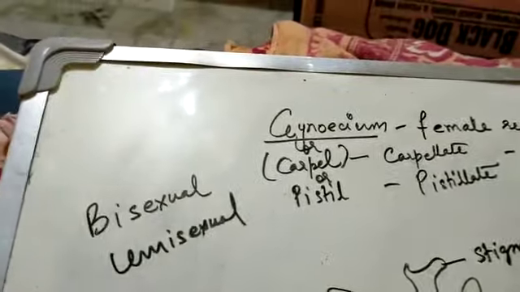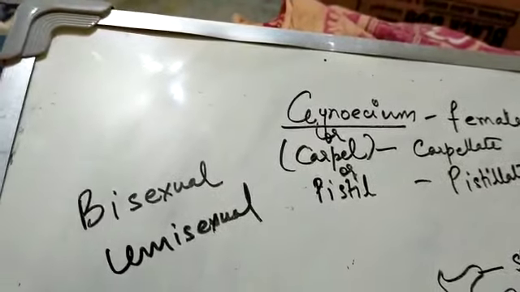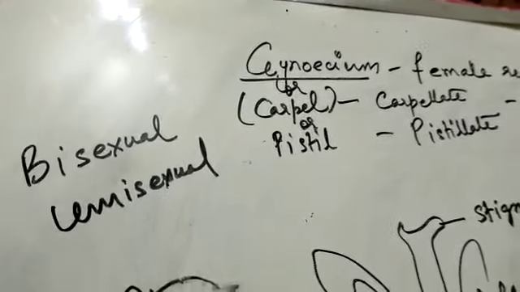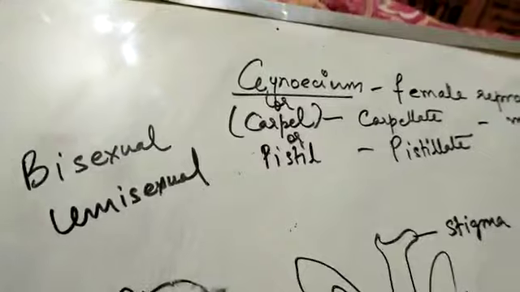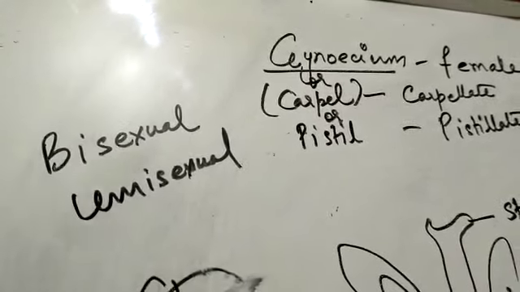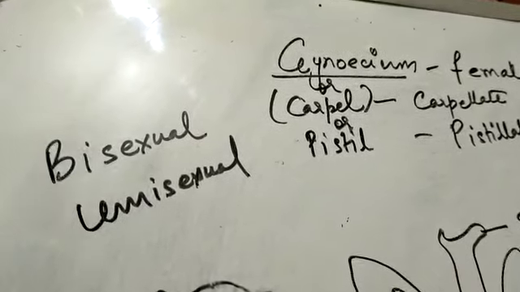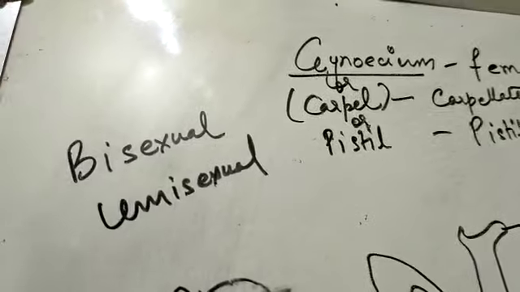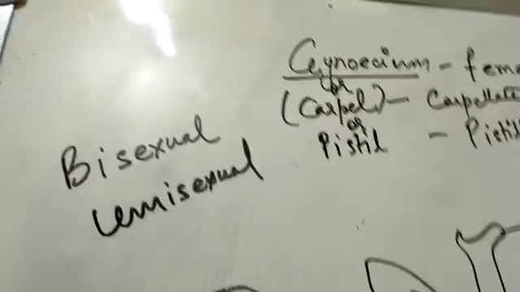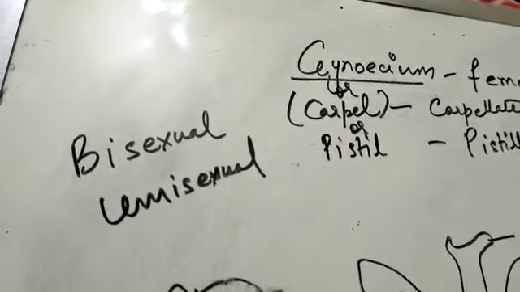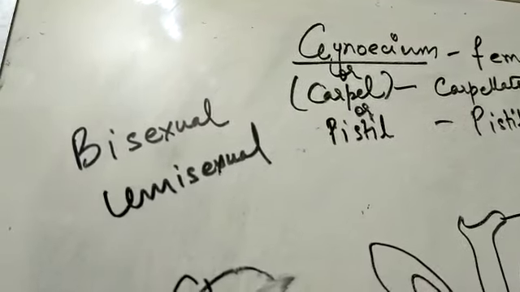But if the plant has both male and female flowers, some flowers are male and some are female, then it is called as monoecious plant. But if they have only one kind of flower, we have to go to a different plant for the different flower, then it is called as dioecious plant. Monoecious and dioecious plant. So there are two terms, one is bisexual and unisexual flower, and the other one is monoecious and dioecious plant,